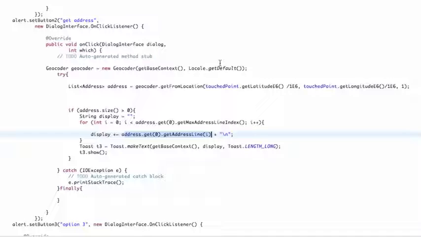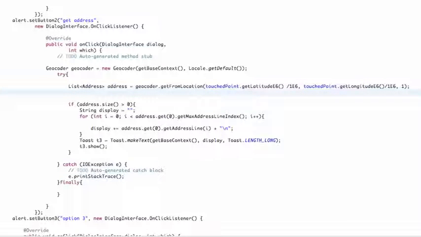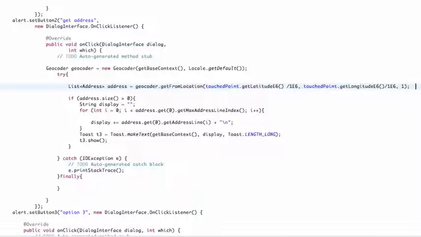And what we're going to do in this tutorial is overview what we've done so far, and also set up switching the map view to be either satellite or street view, which is going to be pretty quick and simple. First, let's just talk through what we've done within our alert button called